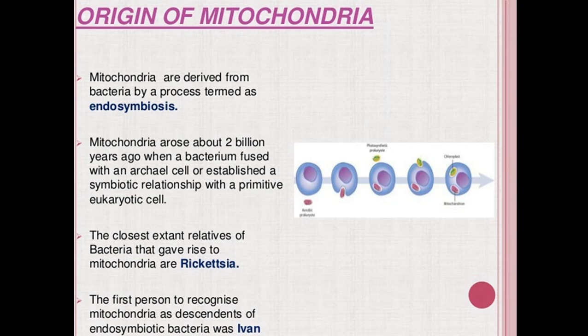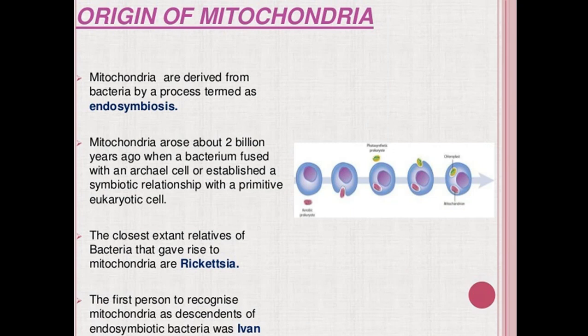Endosymbiosis. What is symbiosis? If two organisms or two things are interrelated, depending on each other, we call it symbiosis. This is endosymbiosis, where one is inside the other and both of them mutually benefit. So mitochondria must have arisen about 2 billion years ago, when a bacterium